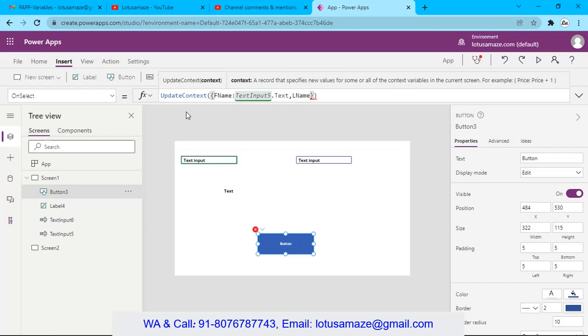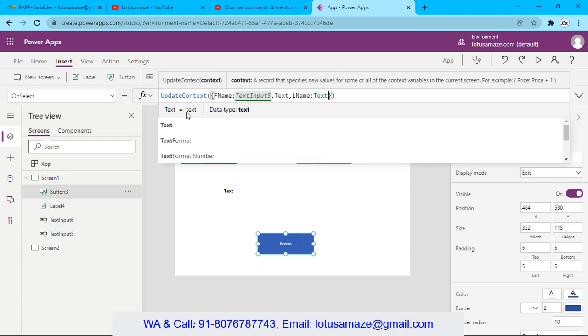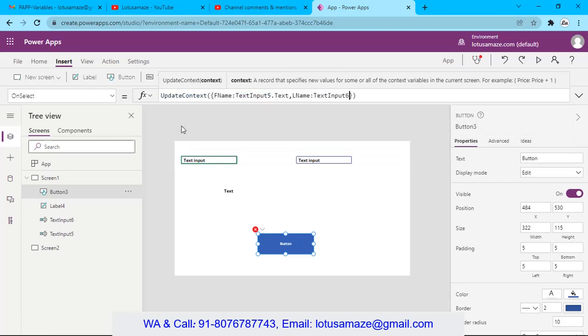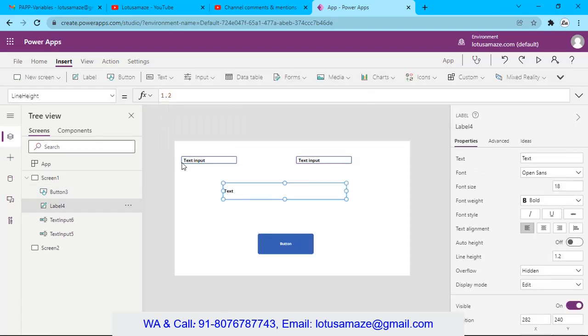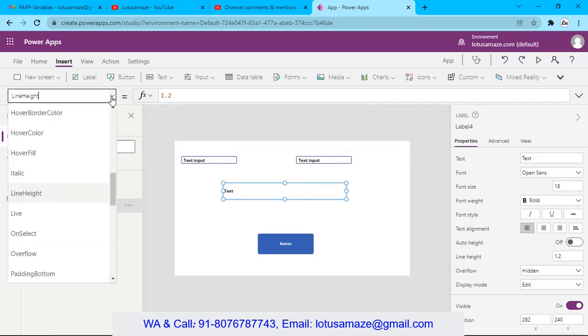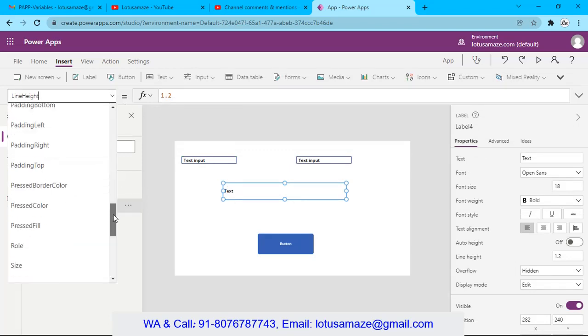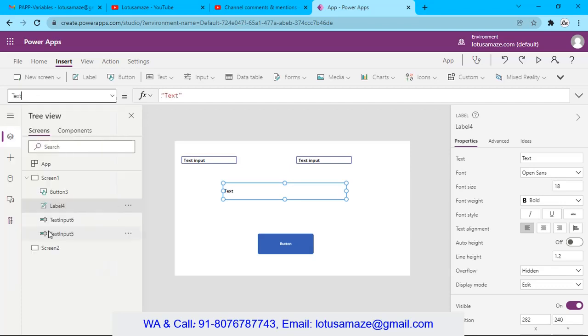comma, lname, then TextInput6.Text. And these variables which we declare are case sensitive. Okay, now we go to the Text property of the label.